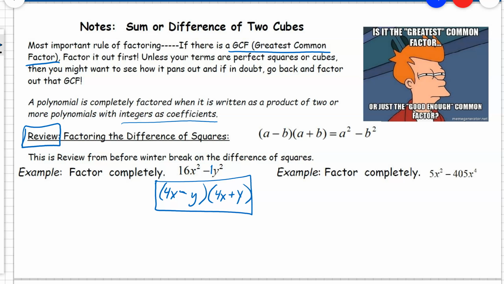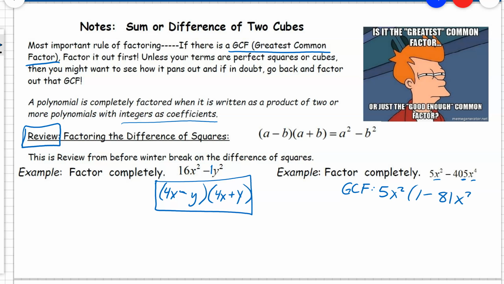Notice how we don't have perfect squares here. 5 is not a perfect square, but I did notice that I can take 405 and divide it by 5 because it ends in a 5. So let's see what our greatest common factor is, which in this case is going to give us 5, and they both share x squared. So that's going to go on the outside. If I factor that out, I would be left with 1 minus